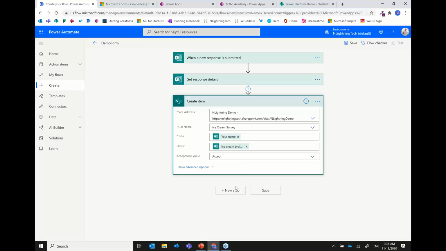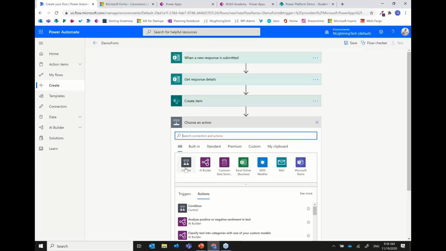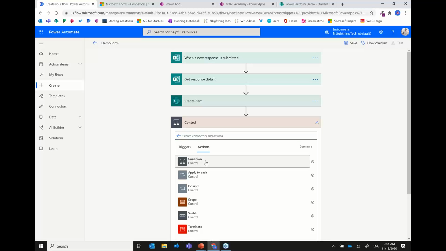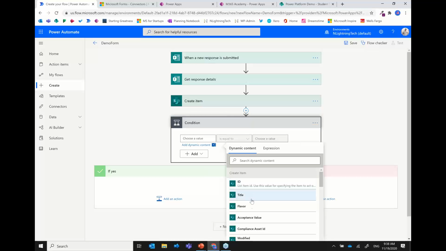So if I want to add something like that, let's just take a really quick look at some conditions. If I go to control, then I can add things like conditions, which are, if something equals or is greater than, it could be any sort of condition like that. I'll just pick that so you can see. So if some value is equal to something else,